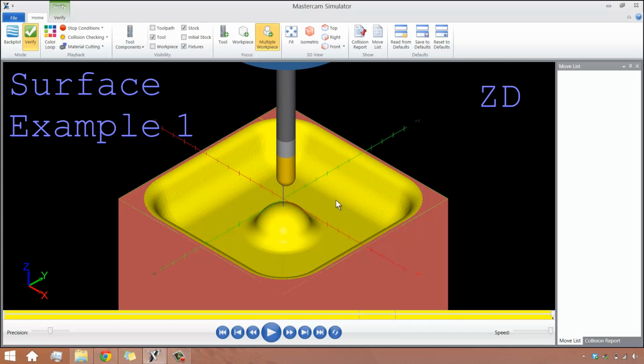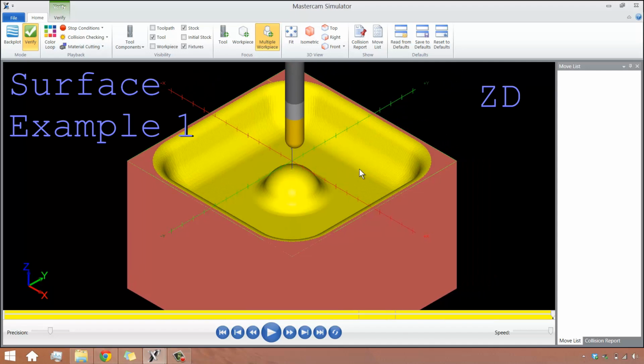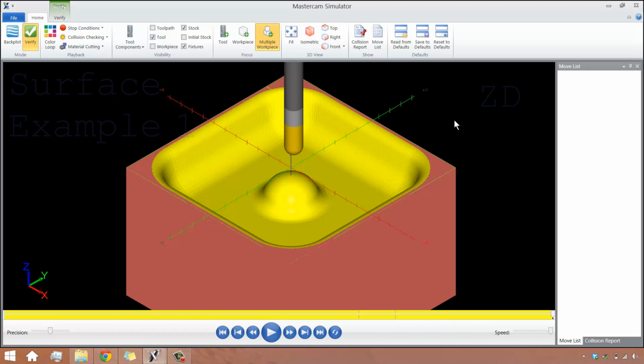So this is what we're going to make in this video. It's a super basic surface driven part. So I'm going to show you guys how to create the geometry, make the toolpath, post-process it. So let's get started. I'm going to close out this